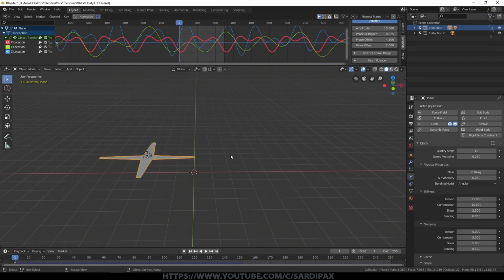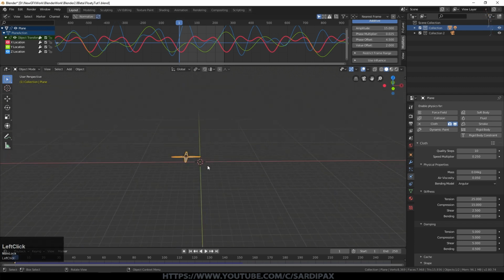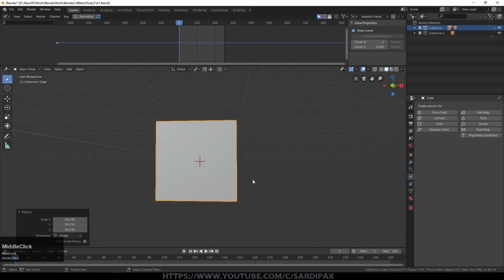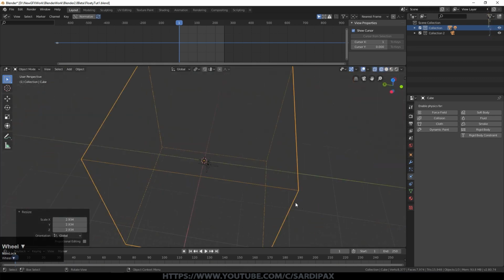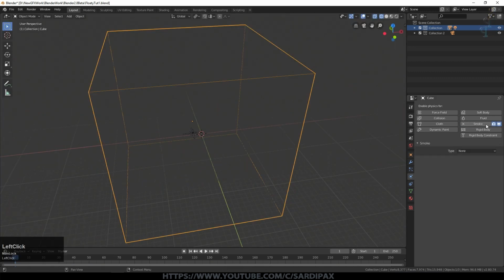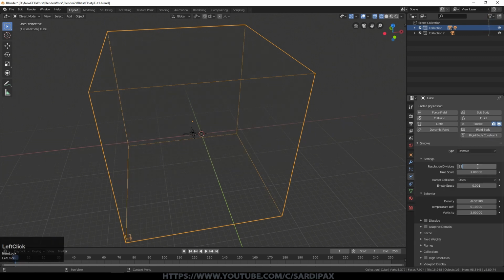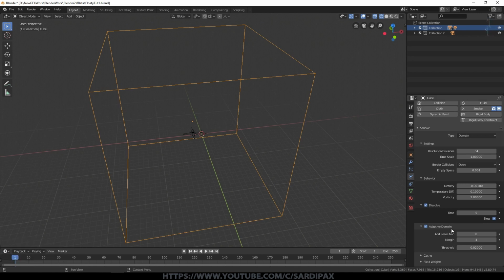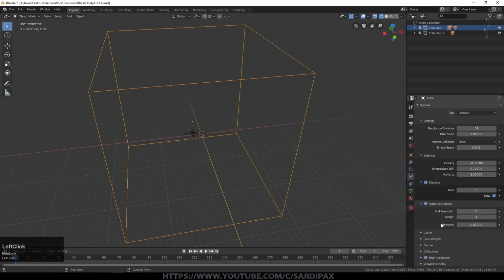effect and everything else. So the next step is just to add a mesh cube. And this is just going to be our little world within which everything takes place. And I'm going to click smoke with the cube selected and say domain. We'll go for 64 subdivisions at the moment. We'll click dissolve. That means the smoke dissolves shortly after it's created. Other than that, it's the defaults there. We'll say adaptive domain, which just helps to speed things up. But we will also say high resolution.